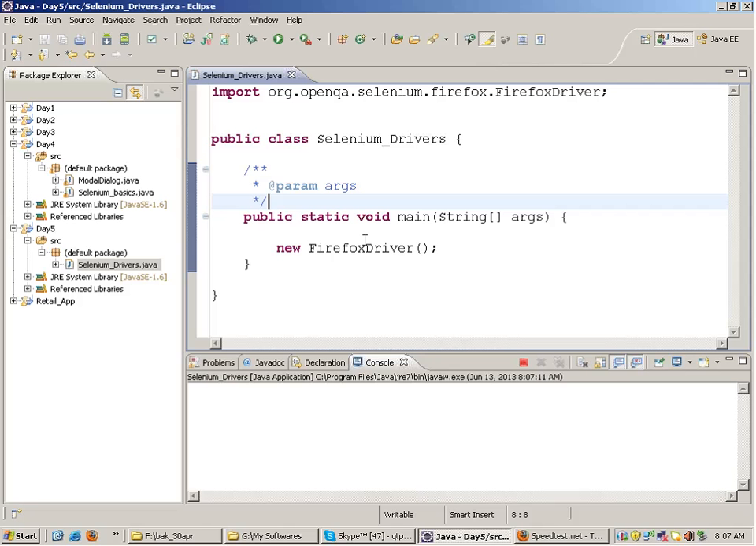The Firefox which is opened by Selenium, if you observe that Firefox,